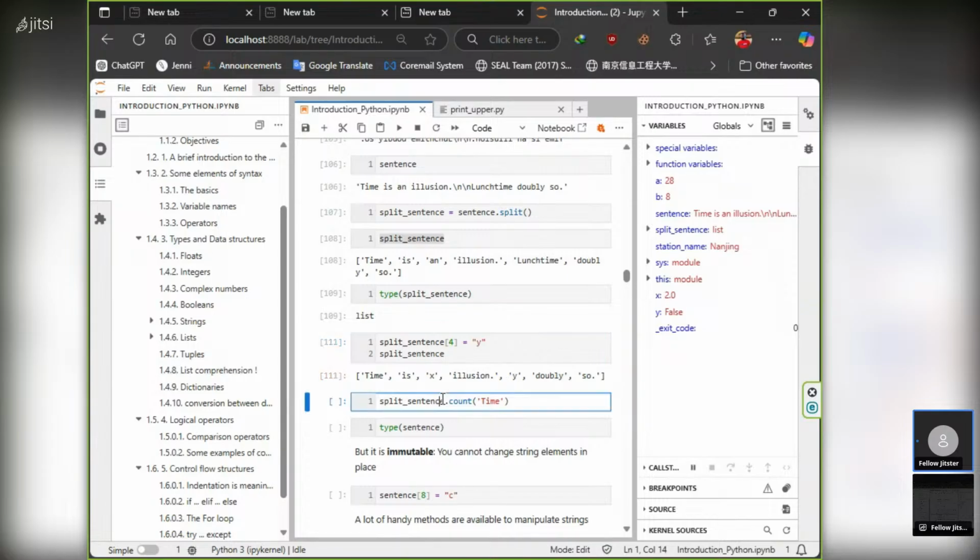Now if I say split sentence, now I am using count. Count is also an inbuilt function. What will happen? Just see the docstring. If you type shift tab, you will see the docstring, and it mentions: return the number of occurrences of a value. So now what are we asking? We are asking the split sentence count type. It will count the number of times the word time reoccurred in that split sentence list. So now we only have